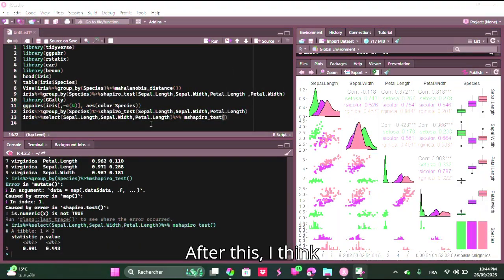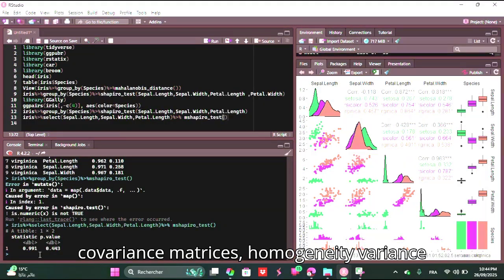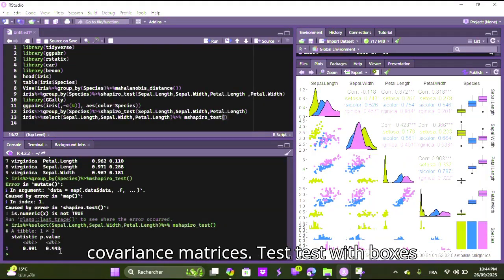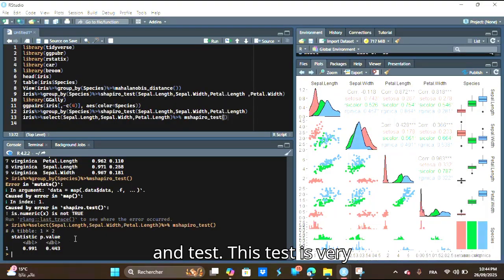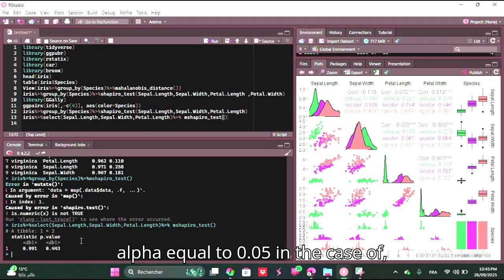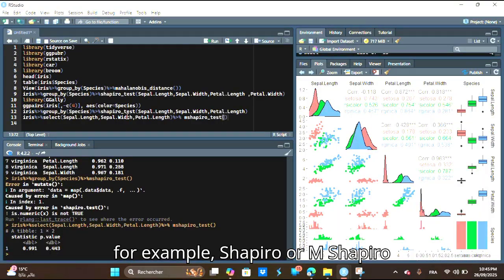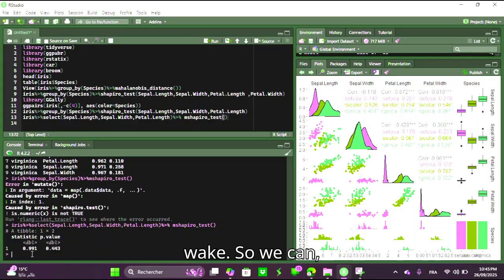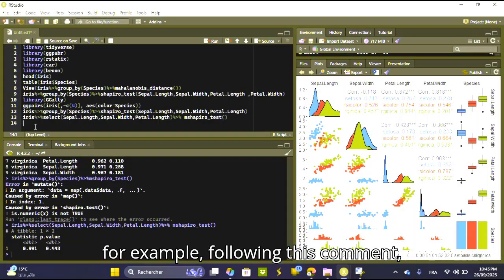After this, one of the key assumptions of MANOVA is homogeneity of covariance matrices. Homogeneity of variance-covariance matrices is tested with Box's M test. This test is very sensitive, so we use alpha equal to 0.001 instead of alpha equal to 0.05, as in the case of, for example, the Shapiro-Wilk test. So we can, for example, follow this command,